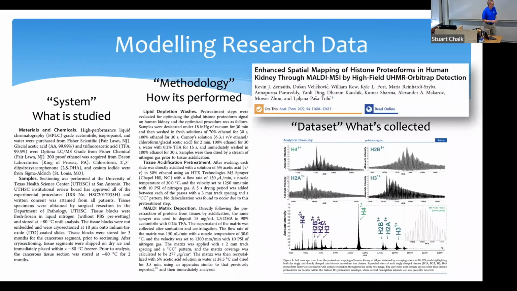So we all know about this. This is just me putting up a slide that says, this is the traditional model we've been in for so long that we need to get out of, which is we publish a paper and it has a section on what it was we studied. It has a section on how we did the research. And then it has a section that nominally reports the data from that work.